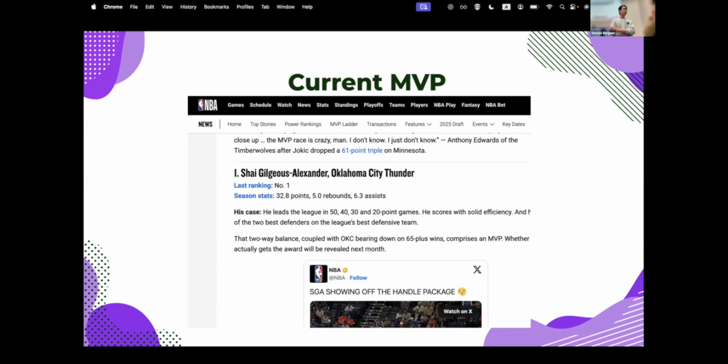for the MVP prediction, I use XGBoost to generate a score based on their metrics, and that score determines who will be the MVP this year. Then I did fact checking with the current MVP news, and it turns out my model had the same prediction as the current news. So your prediction is the same as others' prediction. I mean, other sources. Yeah.